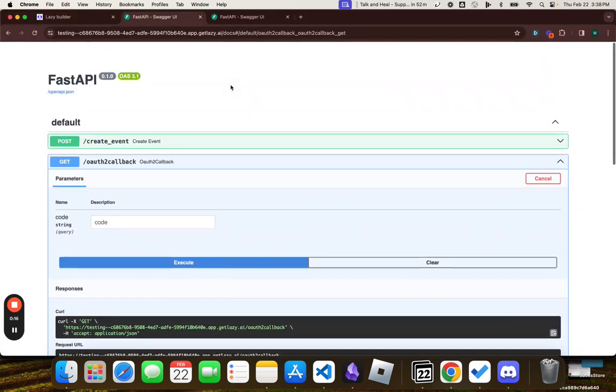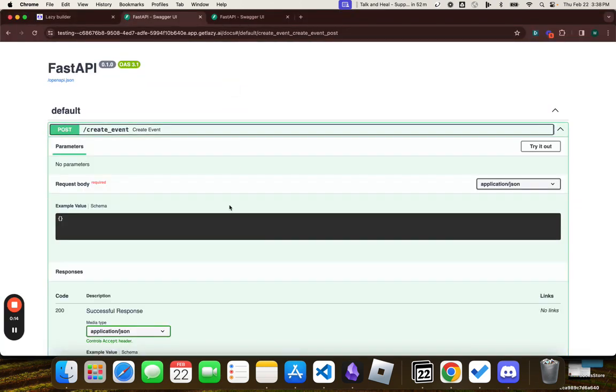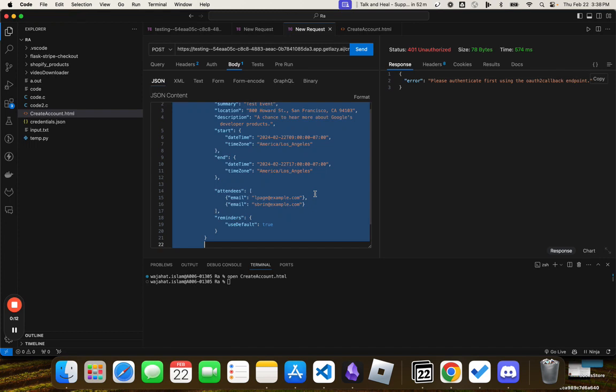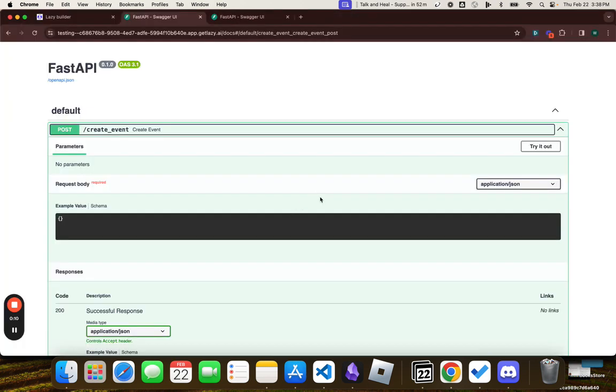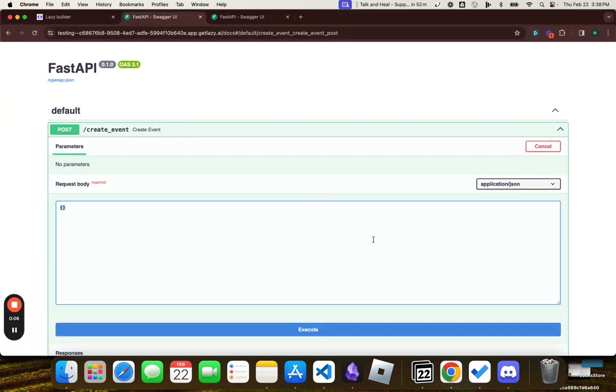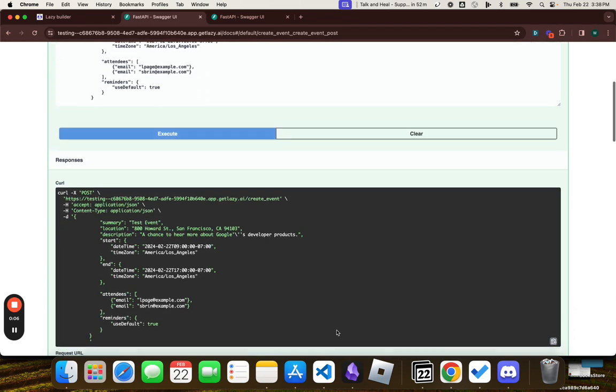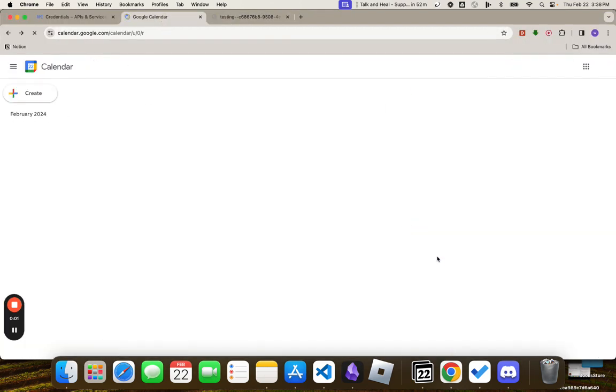Now let's head back to lazy and create an event. So I will provide this event data to lazy. Try it out, execute the code. As you can see, it is saying the event is created, and in my calendar the event is